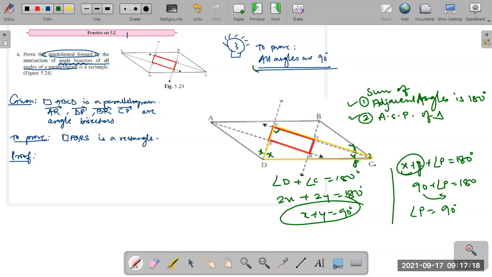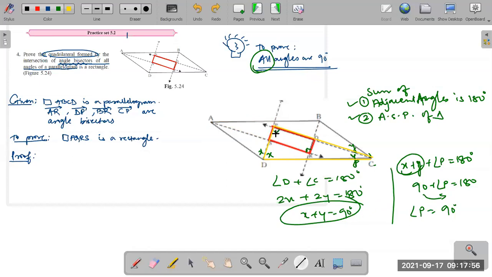But we need to prove all angles are equal. Once we have proved angle P is 90 degrees, similarly angle R can be proved to be 90 degrees. How? Again, we can prove it using the upper triangle. We are not going to write that proof. You just say similarly, we can prove that angle R is 90 degrees, and similarly the remaining S and Q are also 90 degrees. So we just need to prove that angle P is 90 degrees.